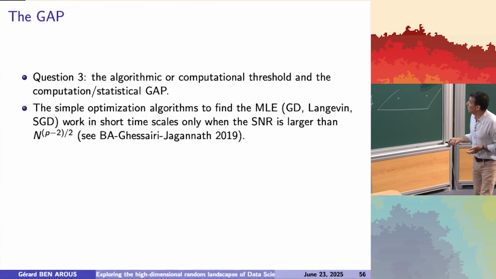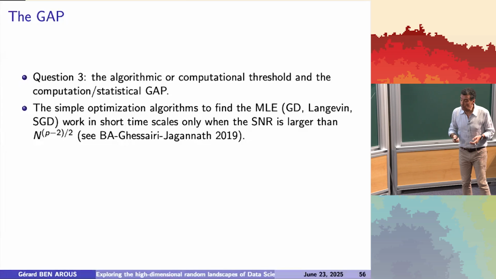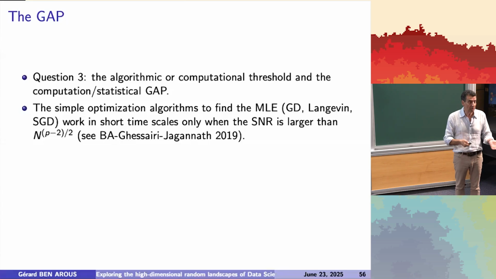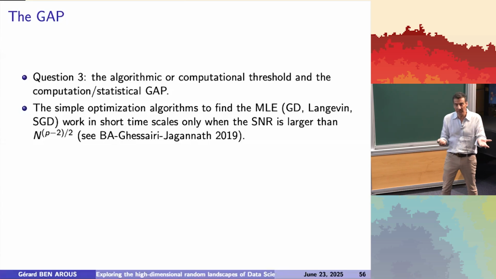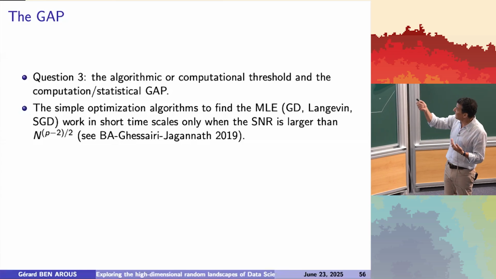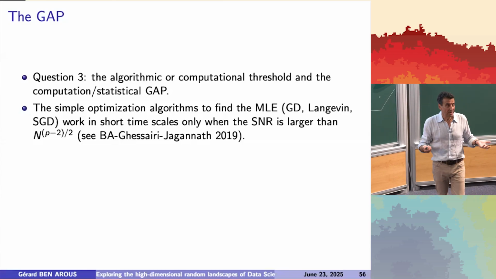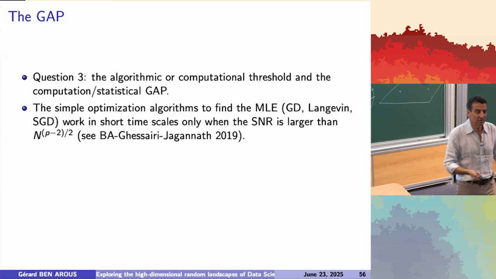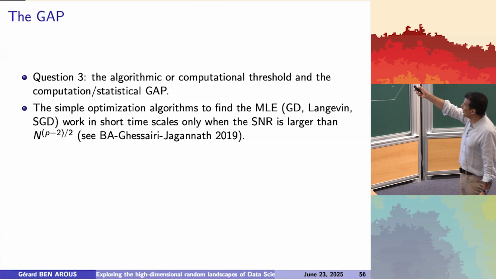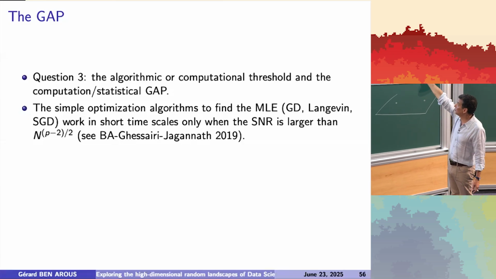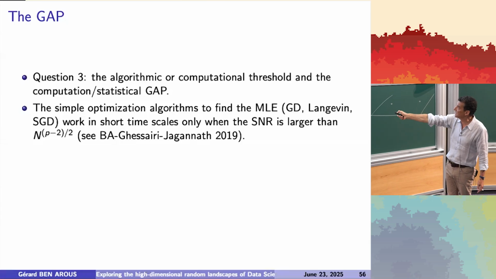Okay, so the simple optimization algorithms, the standard ones, to find the MLE, the maximum likelihood estimators, whether you take gradient descent or Langevin, because you're a physicist and you believe that Langevin works better, and it doesn't, or SGD, because you're a computer scientist and you know that SGD is so much better, and it doesn't. They all work in short time scales, when the signal-to-noise ratio is larger than this n to the p